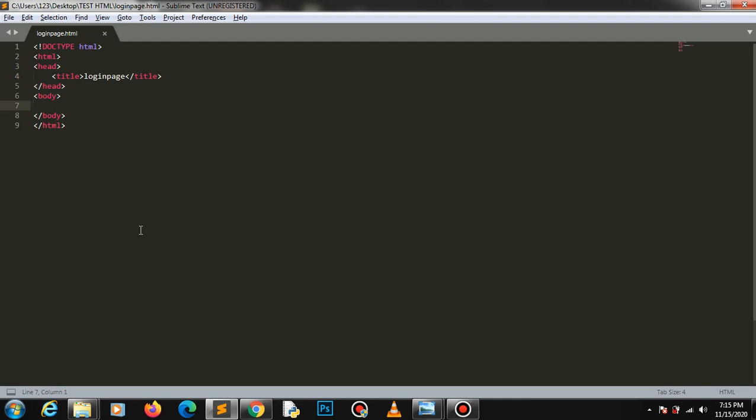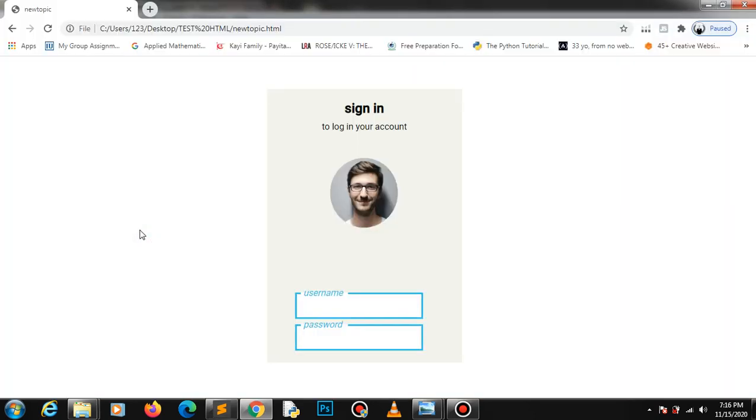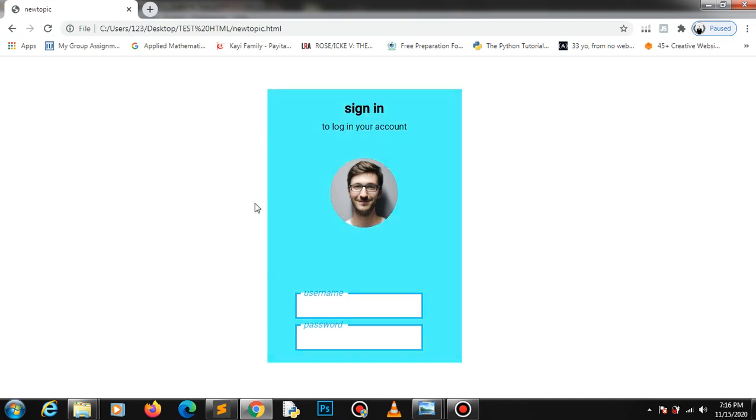So let's write it. First we have to create a login box. This is pretty simple. There is a box in here,